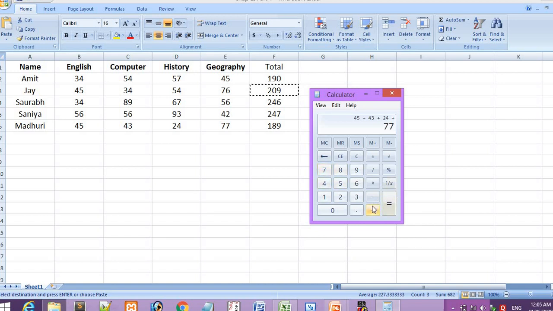Okay, and click on equal to. So here you got the total 189. So this one is the exact total that is placed in the Excel sheet.